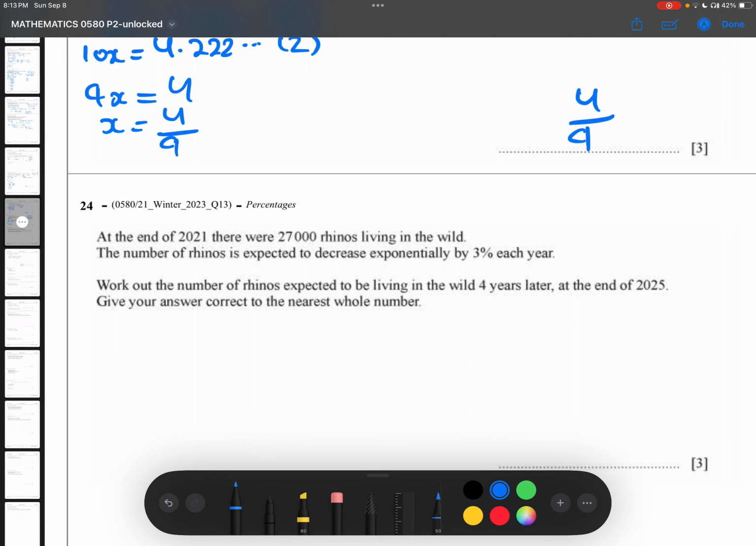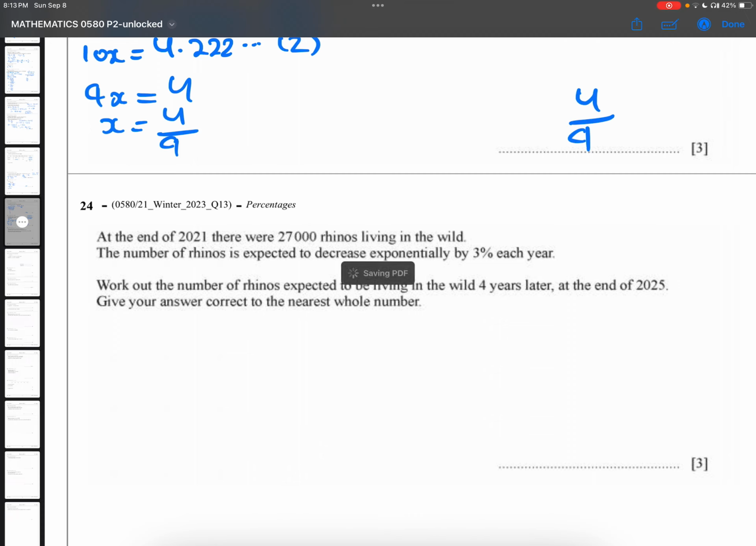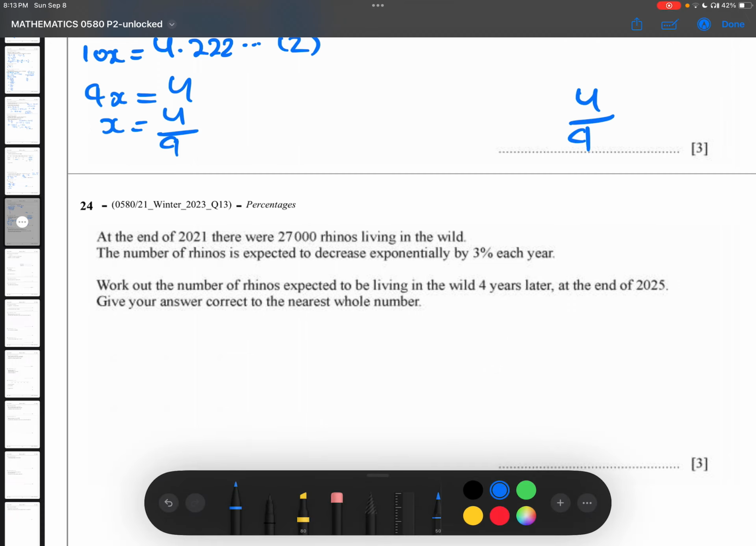So exponentially means compound interest, okay? And it says there were 27,000 rhinos in the year 2021. They will change each year exponentially by 3%, and we have to find the number of rhinos expected to be living in the year 2025, 4 years later. So first I will write the formula